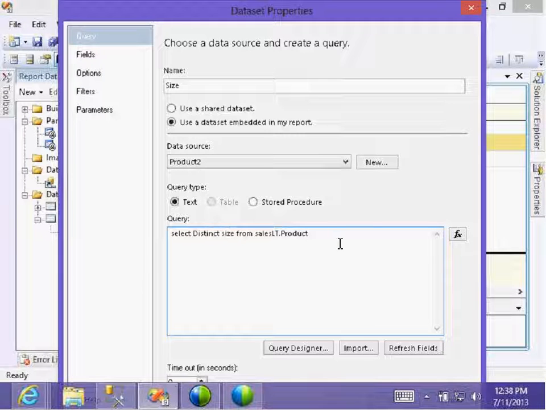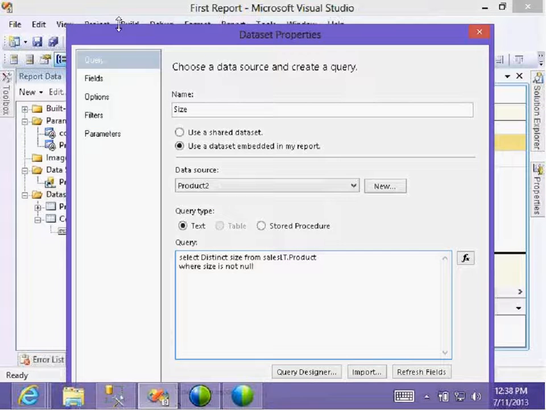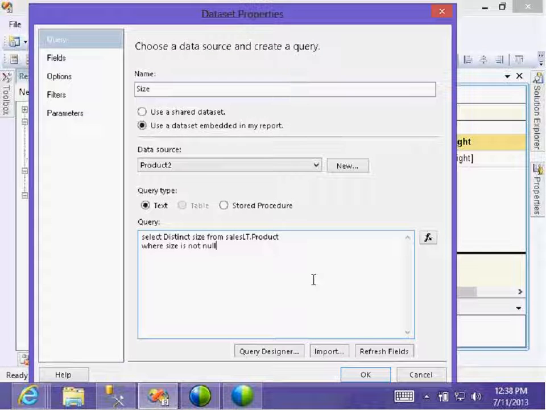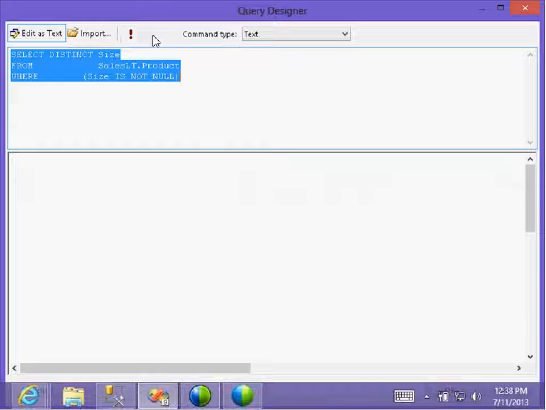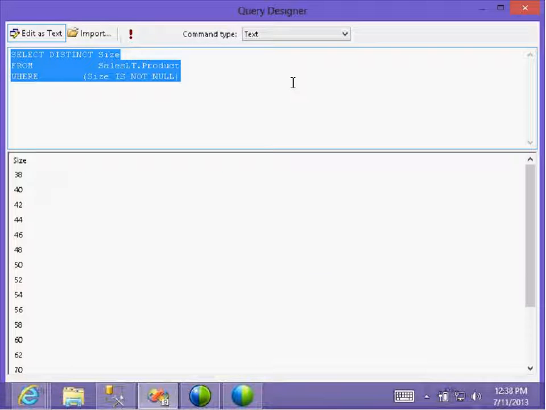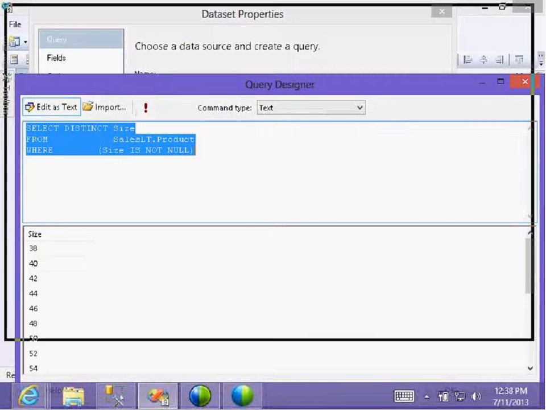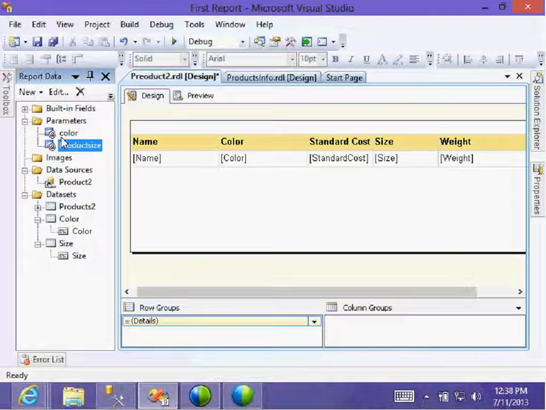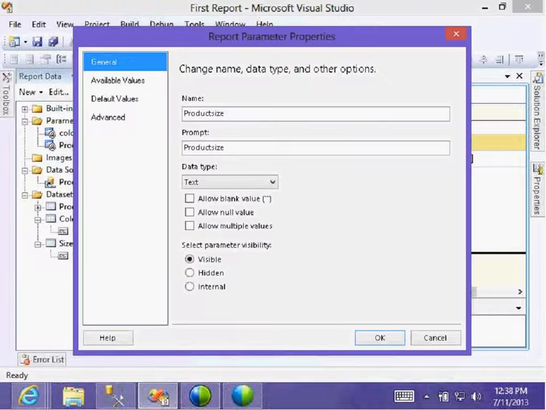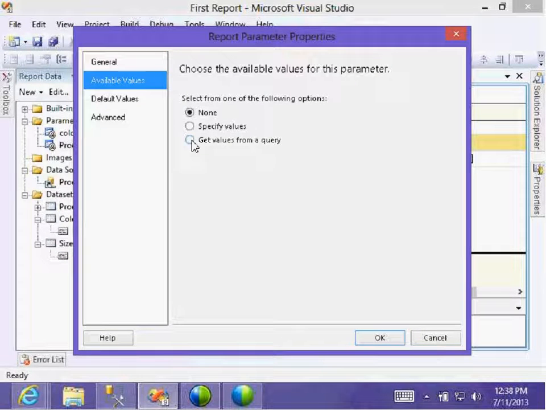Size is not done. Size. No space. Okay. Product size, parameters available.